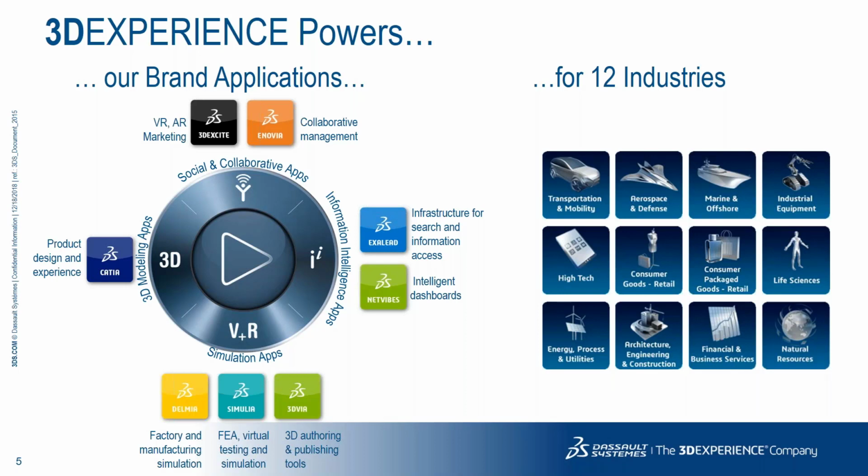And by the way, if you are following live right now, or even if you're not following live, if you are connected to the platform, you can click on the top left logo of 3DEXPERIENCE, and you will see that this logo is interactive. So what are the products? You've got the CATIA product. So CATIA is for product design and experience. You've got the social and collaboration apps, and 3D Excite, which is for augmented reality and virtual reality,